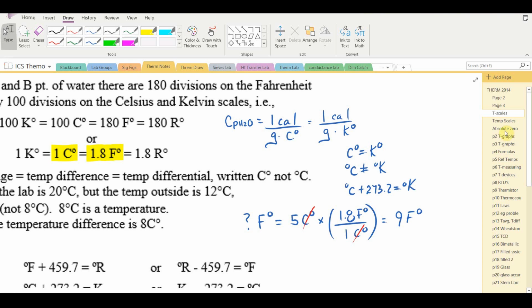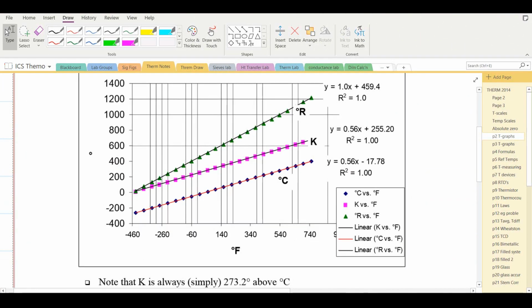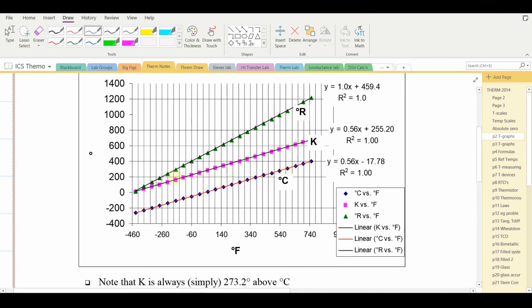If you go to the next page, I have some graphs plotted. On this first one, I have Celsius, Kelvin, and Rankin plotted on the same graph. These are their values on the y-axis versus Fahrenheit on the x-axis. The first thing you probably notice is that the Celsius and the Kelvin scale run completely parallel. That is, their slopes are the same, and the Kelvin temperatures are simply 273.2 degrees higher than the corresponding